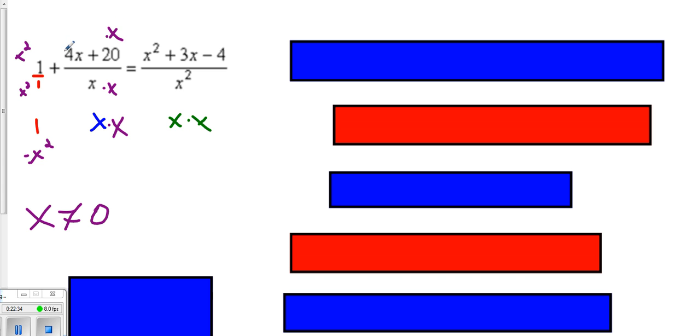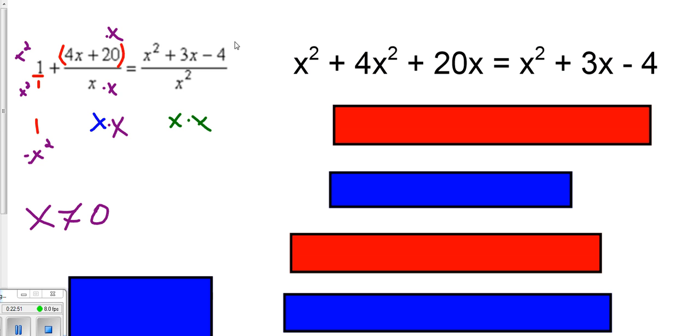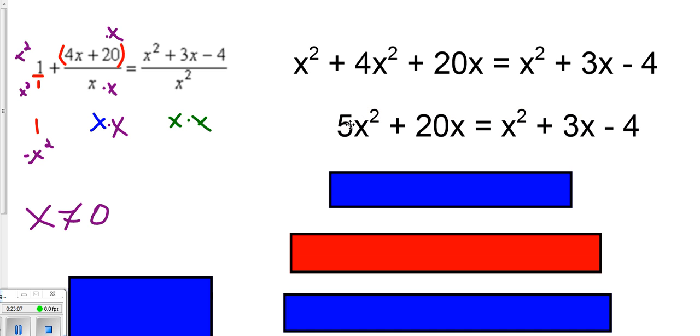Now we simply FOIL this out or distribute everything out and use that as our equation. Now remember, because this is 4x plus 20, we have to consider it all one piece. So when we do x times that, it's x times 4x and x times 20. That's going to make our equation then x squared times 1 is x squared, x times 4x is 4x squared, x times 20 is 20x, equals x squared plus 3x minus 4. On this side, we can combine like terms, and we get 5x squared plus 20x equals x squared plus 3x